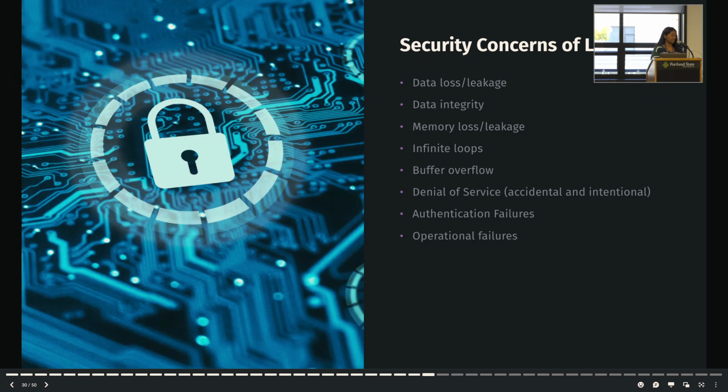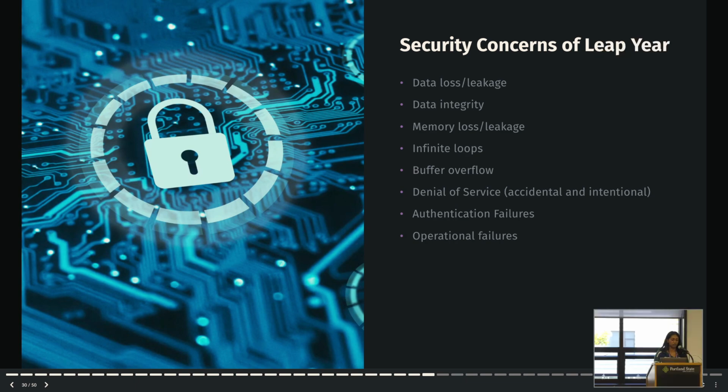While that slide showed some of the major, well-known leap year bugs from the past few years, there are security concerns that arise from these all the time. Leap year bugs can cause systems to mishandle date-related data, leading to improper storage or deletion. Sensitive data being lost or leaked due to an incorrect date calculation can lead to breaches that expose confidential information to unauthorized parties. Software improperly allocating memory when handling dates in a leap year can lead to memory leaks, where resources are consumed but not released, degrading system performance and creating openings for attackers to exploit the system.